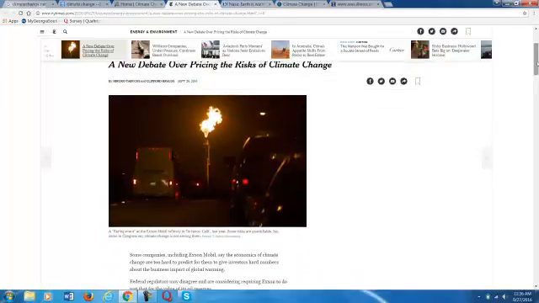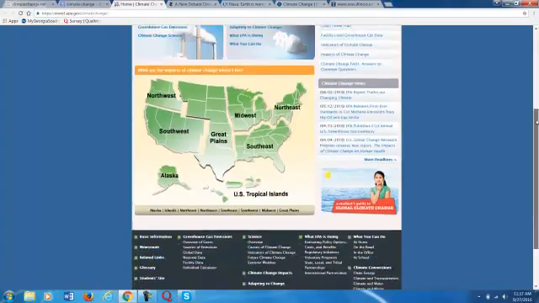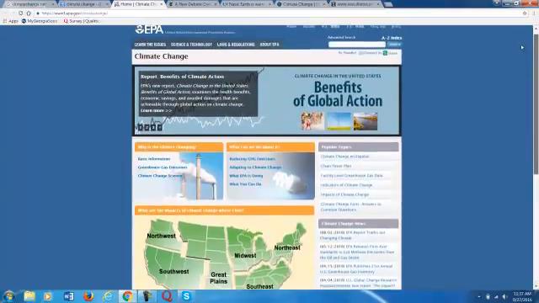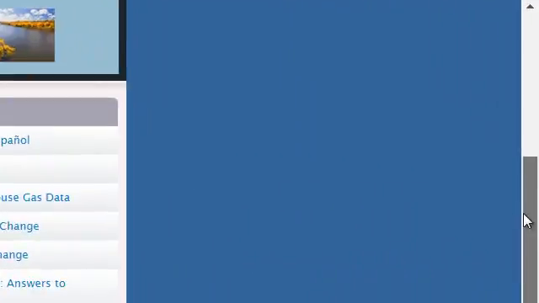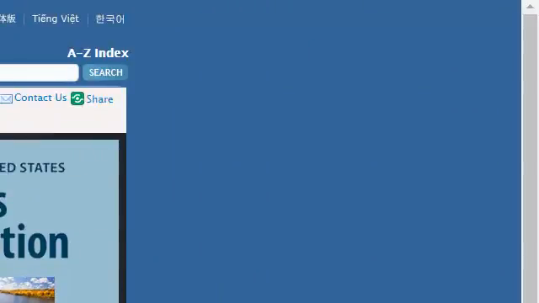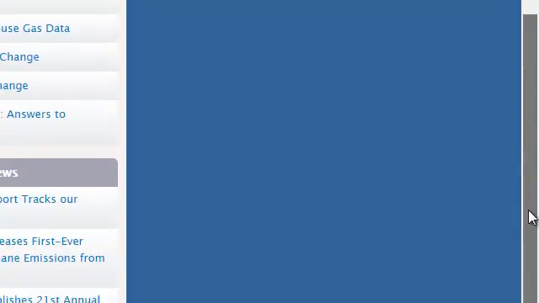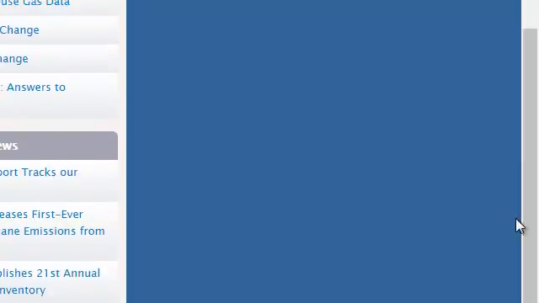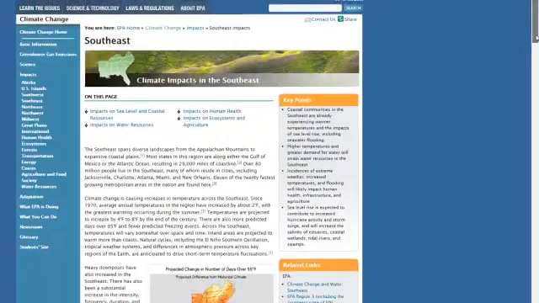So I would just begin by looking at each site, assessing the information, what's available, and oftentimes try to make sure that the integrity of the information is suitable for a research paper. So the EPA is obviously a credible source. Depending on what is found here, let's see, we live in the southeast, so I'll use their map to look at climate impacts in the southeast.